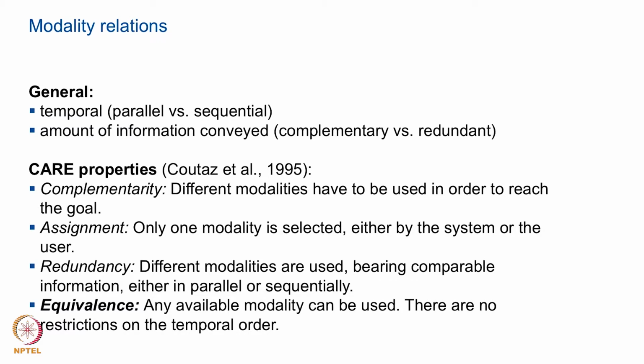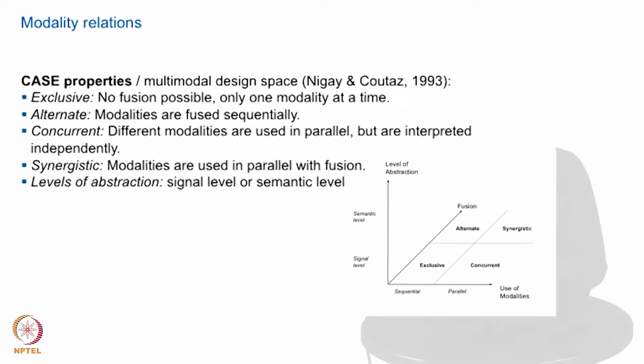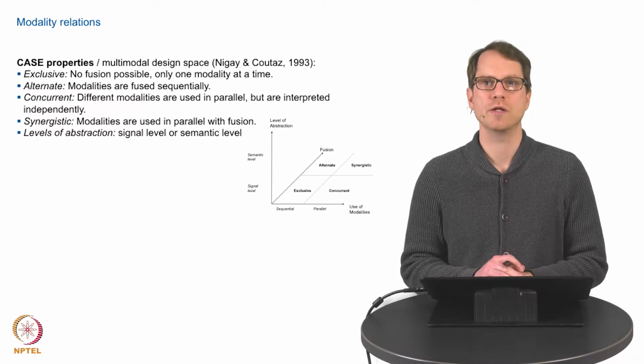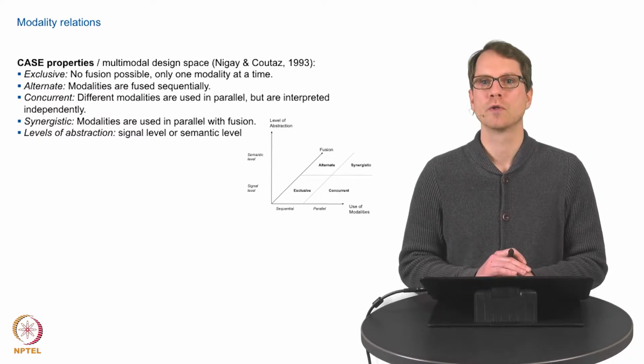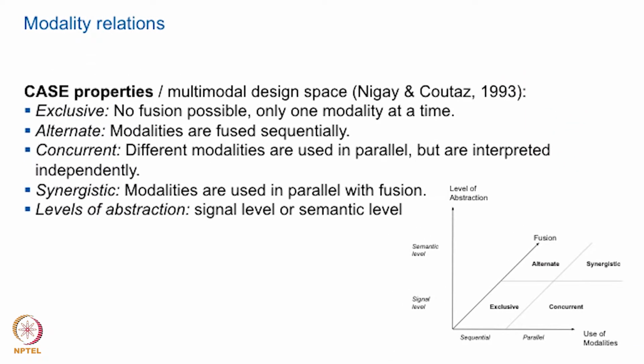These CARE properties are particularly useful to analyze individual human-computer interactions. So which kind of behavior do the users show, and so on. This can be nice for annotation. The next one, the so-called CASE properties, are actually used to classify different systems. This means, does the whole system provide different functionalities and can be placed in a so-called design space. This is actually a 3-dimensional space, but I will start with the 4 CASE properties, which are only referring to a 2-dimensional space. And this space can be seen in the figure down on the right side on the slides.